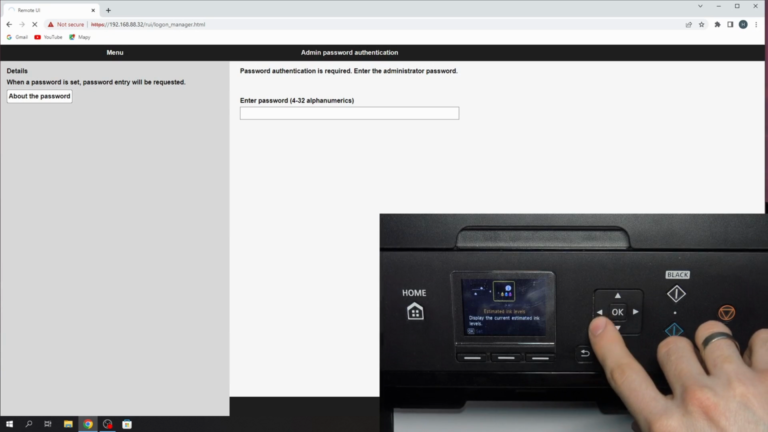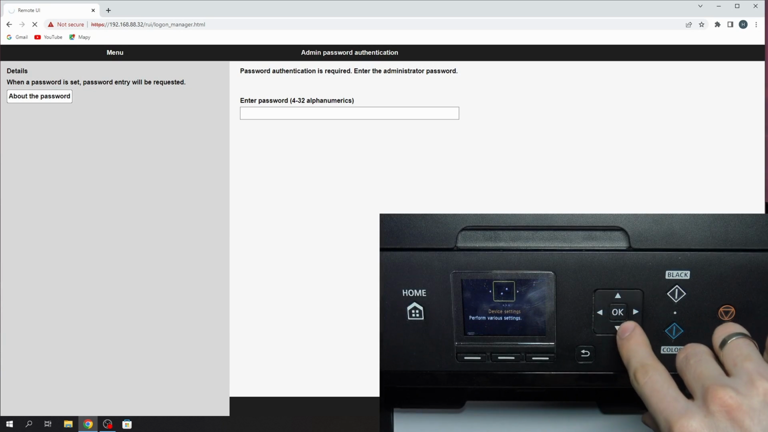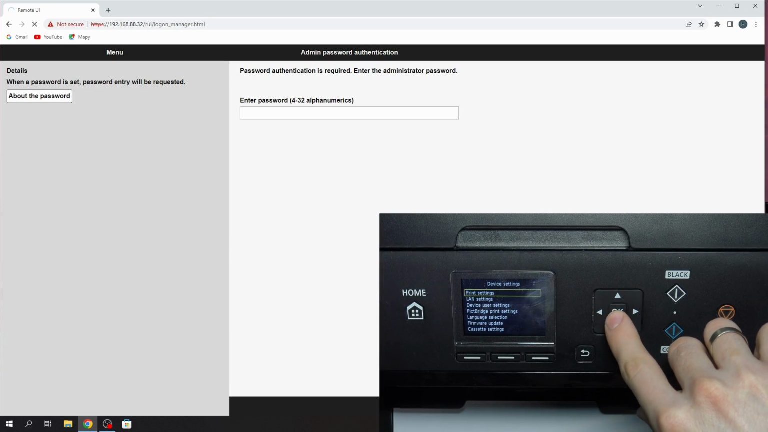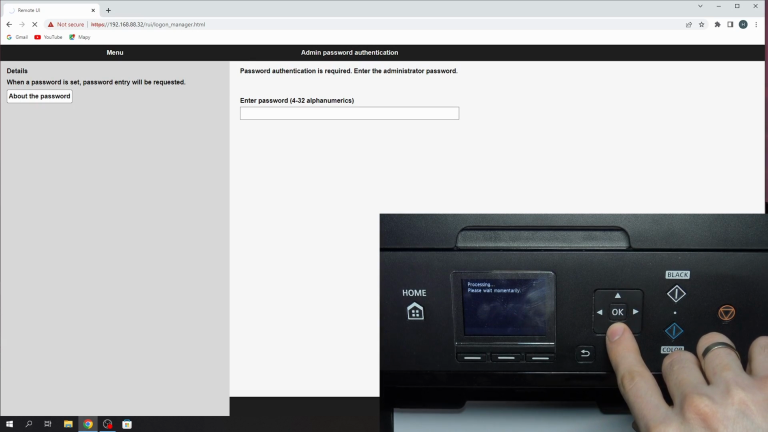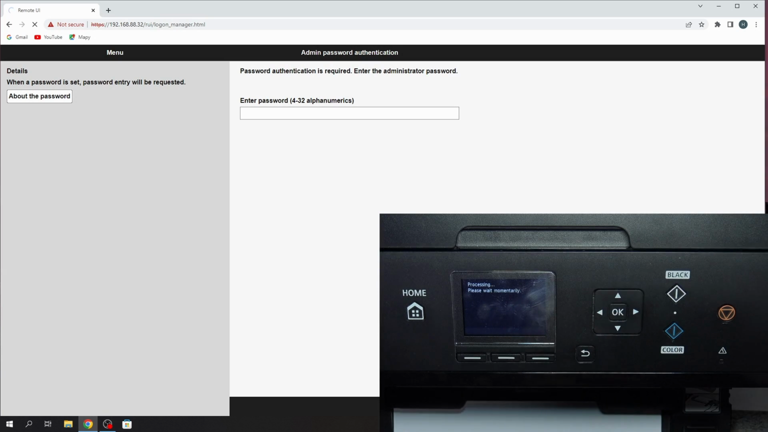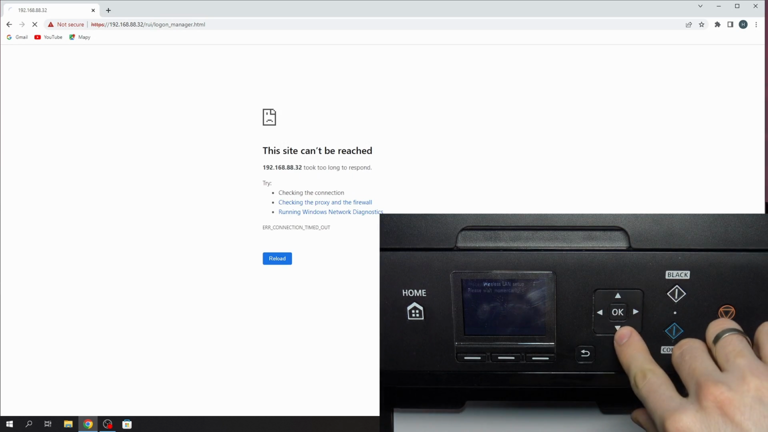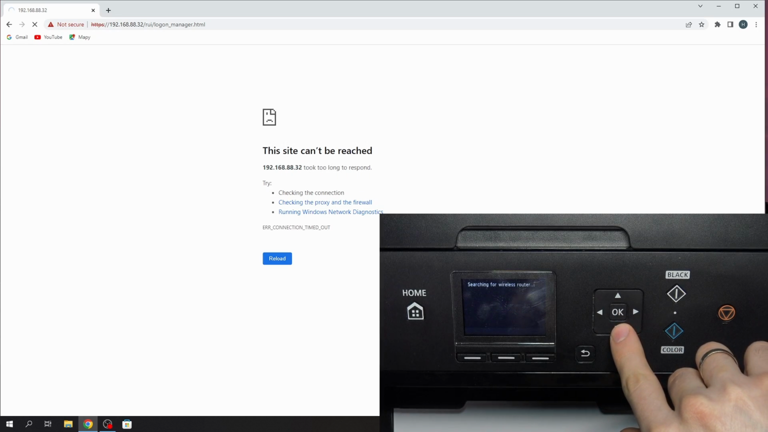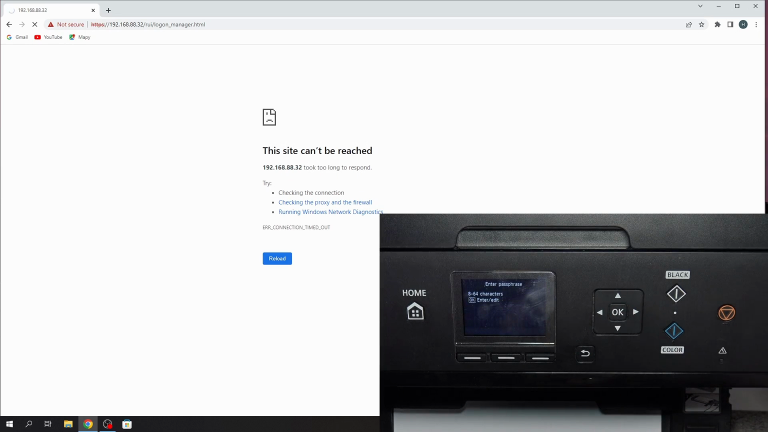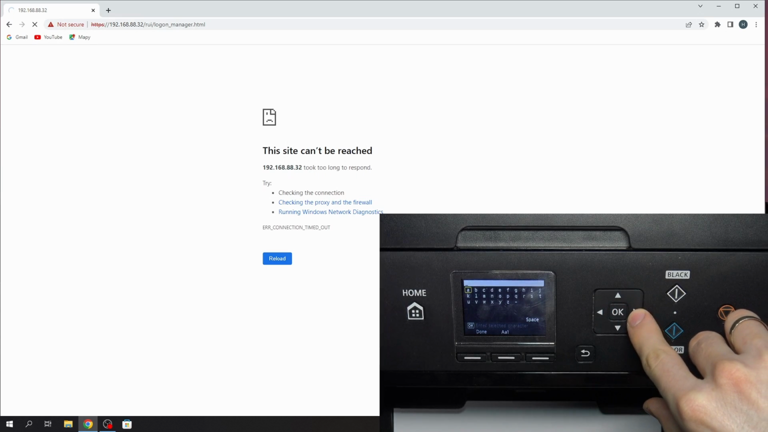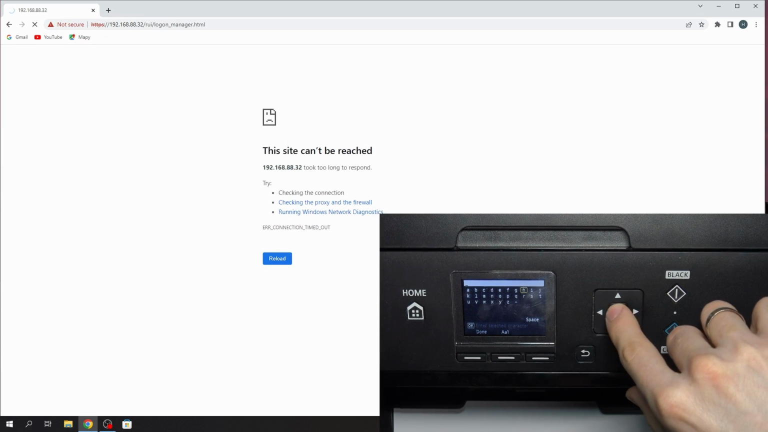Firstly, you need to connect to the Wi-Fi network on your printer, so find device settings here, then find LAN settings, then wireless LAN setup. Wait a while. As you can see, my web server is not working right now. So standard setup, find the network you want to connect, enter the password of this network,